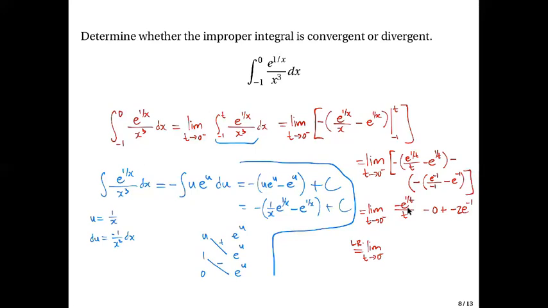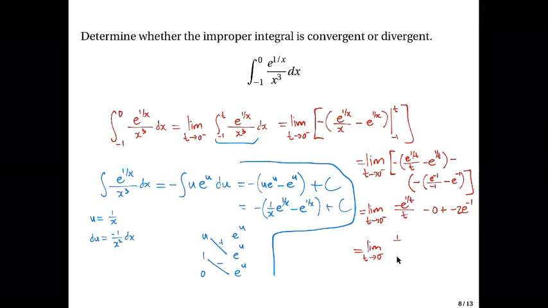And then, using L'Hopital's rule, we will have negative e. Oh, before using L'Hopital's rule, I want to change this form, okay? You will see why. If you apply L'Hopital's rule on this part, it will just get worse. So what I'm going to do is to rewrite the expression as